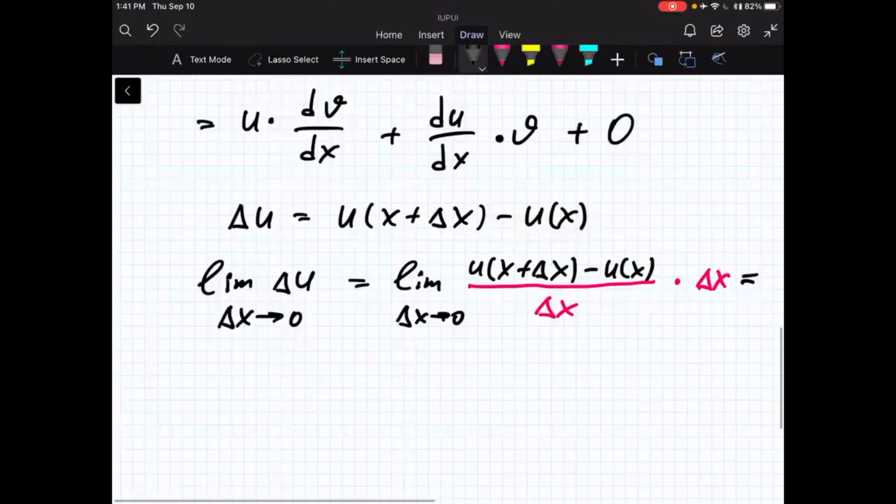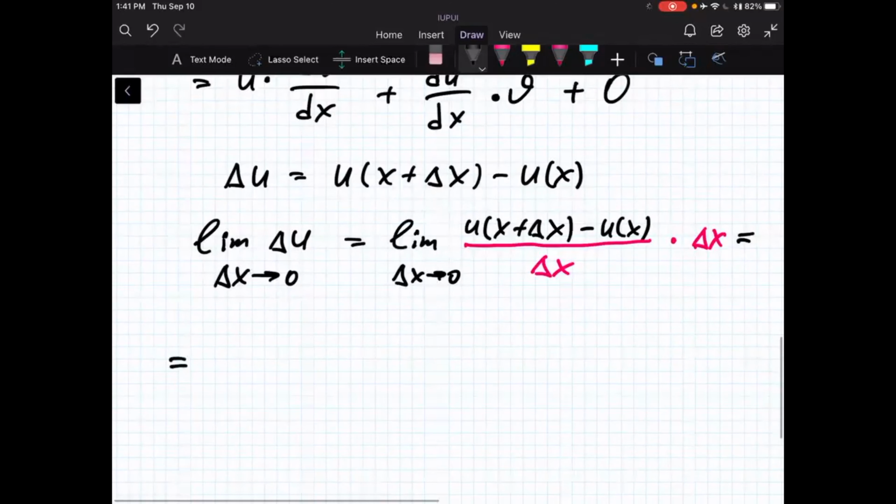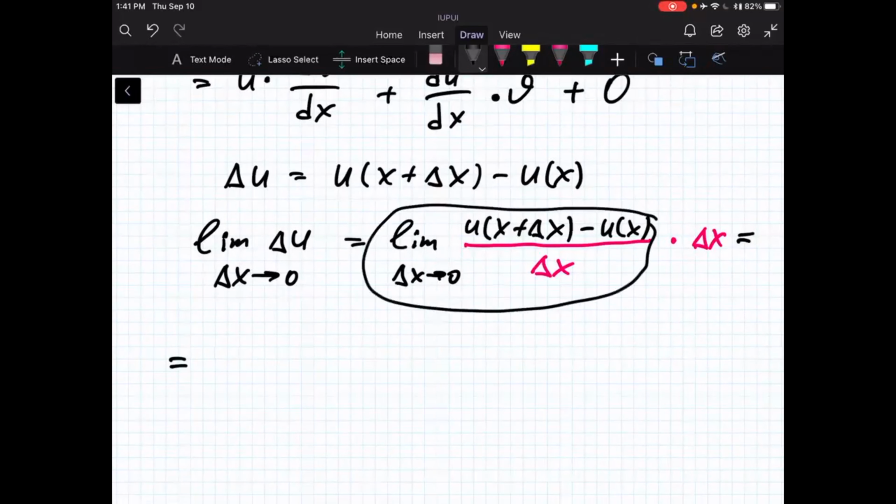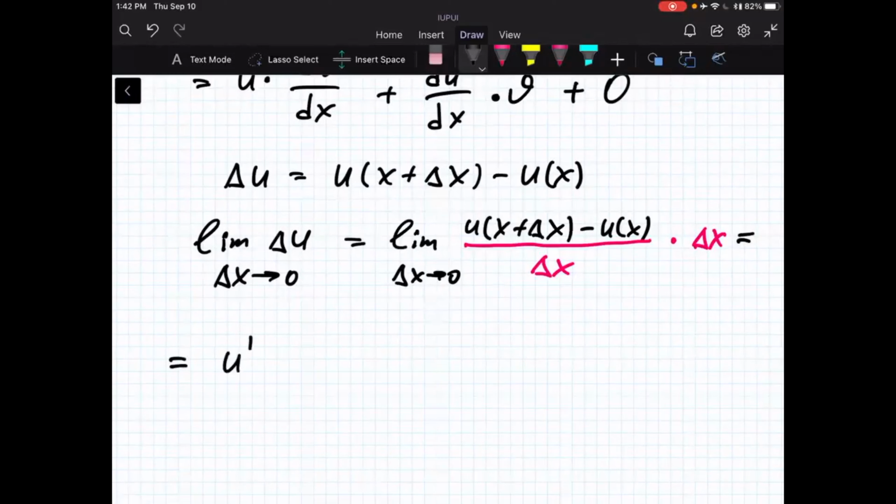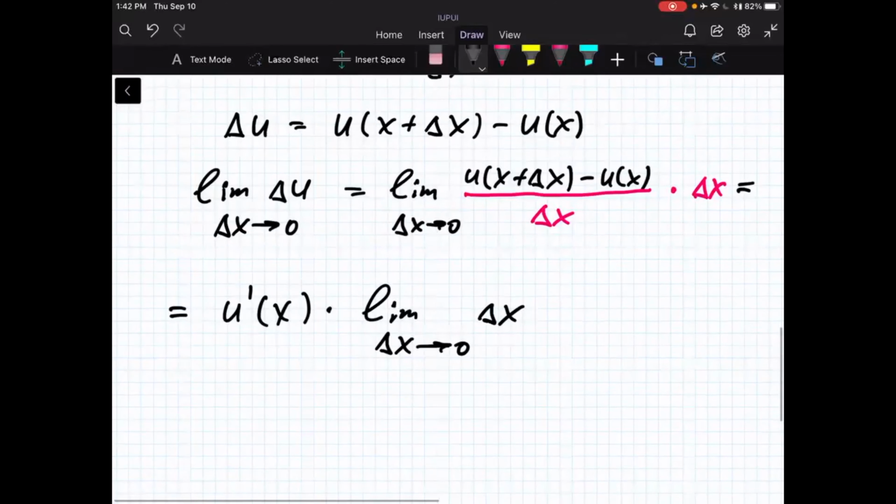But by the definition, this, again, I can use the property of the limit, since this limit exists. And this is, again, by the definition, just the derivative of u at point x times the limit of delta x when delta x goes to 0. But this gives me just u prime of x times 0,